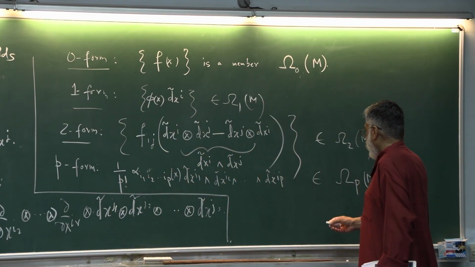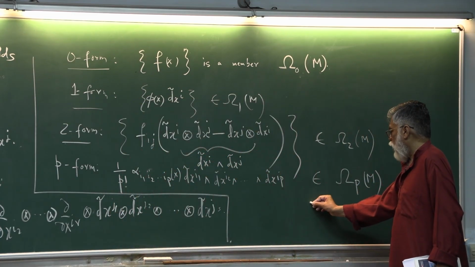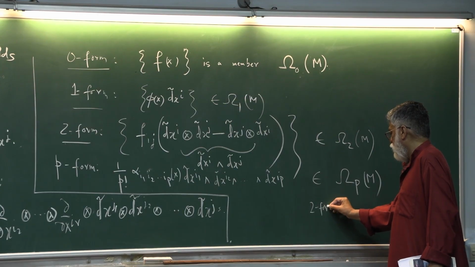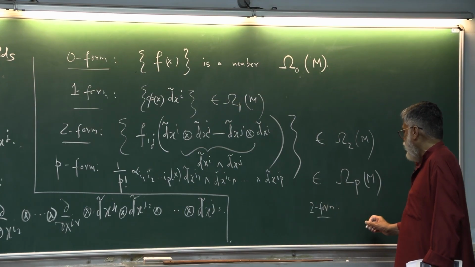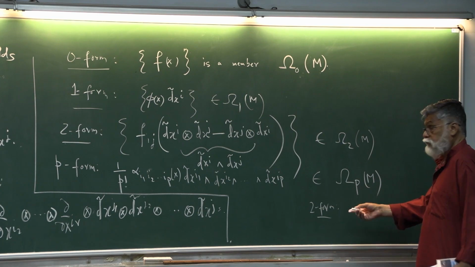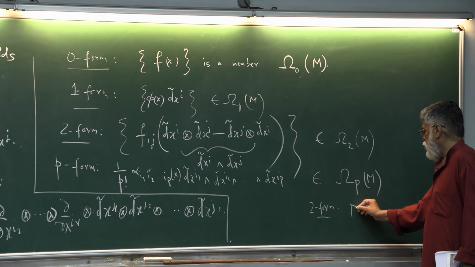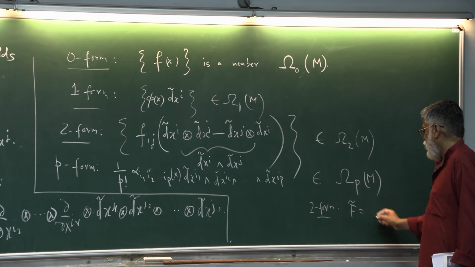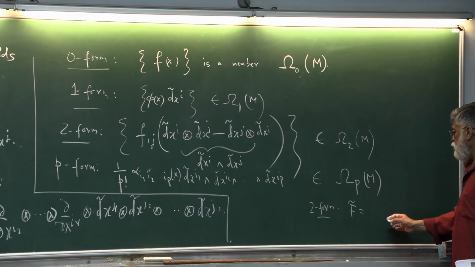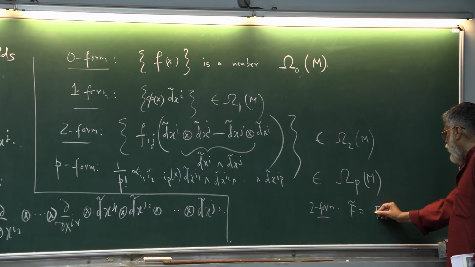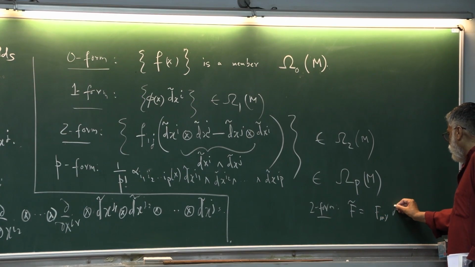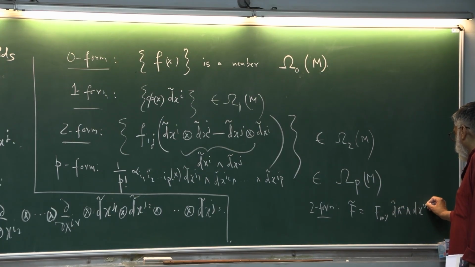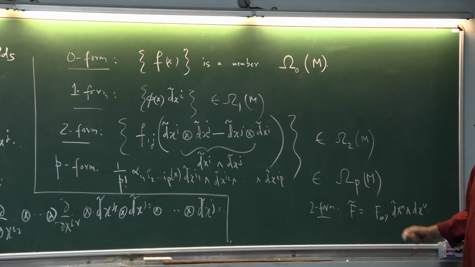Suppose I take a 2 form. If I write the 2 form, for example, in your electrodynamics tutorial problem, as F mu nu dx mu wedge dx nu,